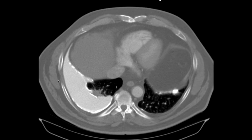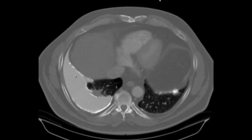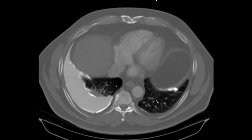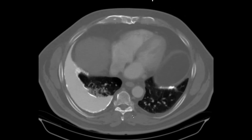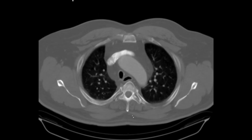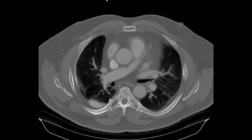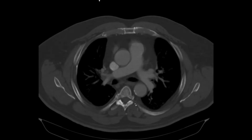it was just filled with air, but it had diffuse pleural thickening. It looks like he has asbestos plaques on the other side. Yeah. I don't know if it's asbestos related or pleural calcification. Can you scroll up to the top? Let's look at the top left and see if there's anything anteriorly on the left pleural in the way of plaque. Not really. Huh. No, I don't see any plaques